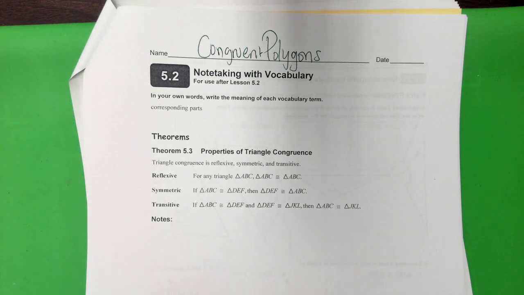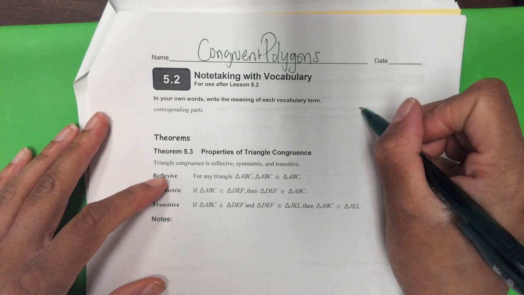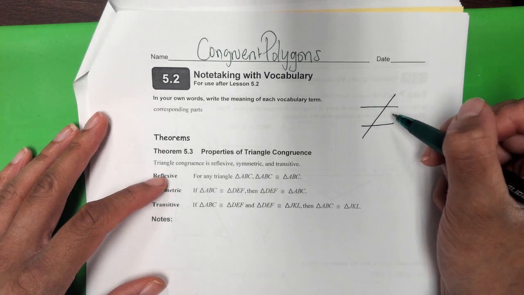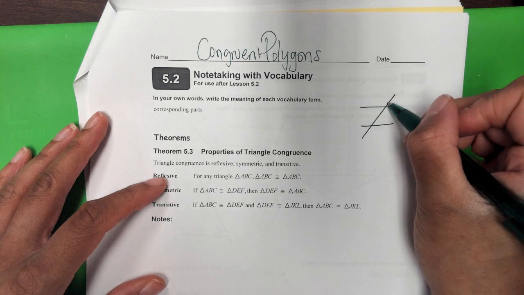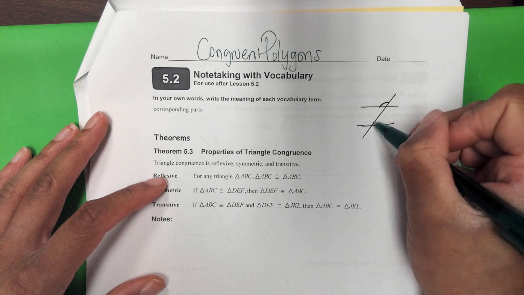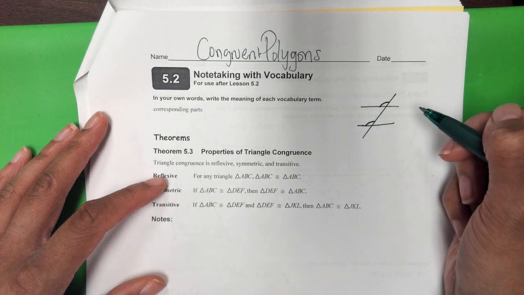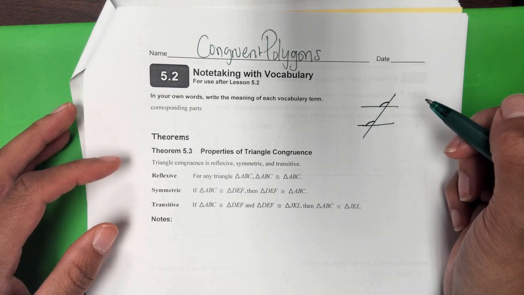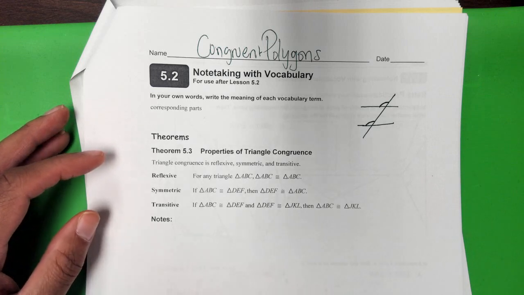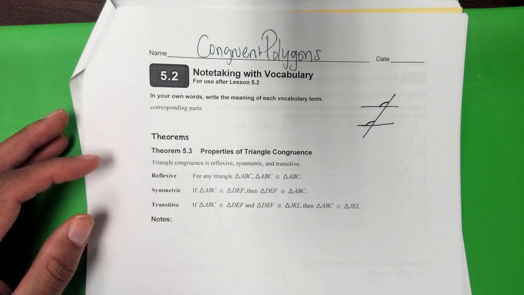So now let's talk about corresponding parts. So remember corresponding angles we kind of talked about. So we had two parallel lines and the transversal going through it. So the corresponding angle to this side would be here. So think about it as we're in the same position in the office, but in different buildings. Okay, so for corresponding parts, this is where you have